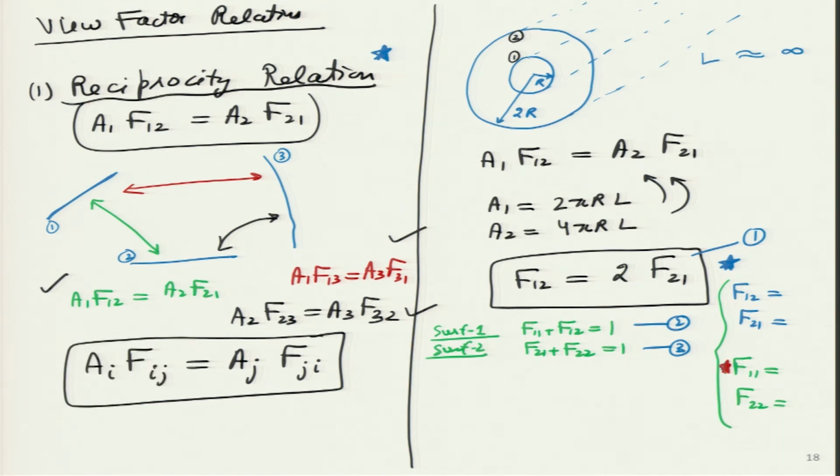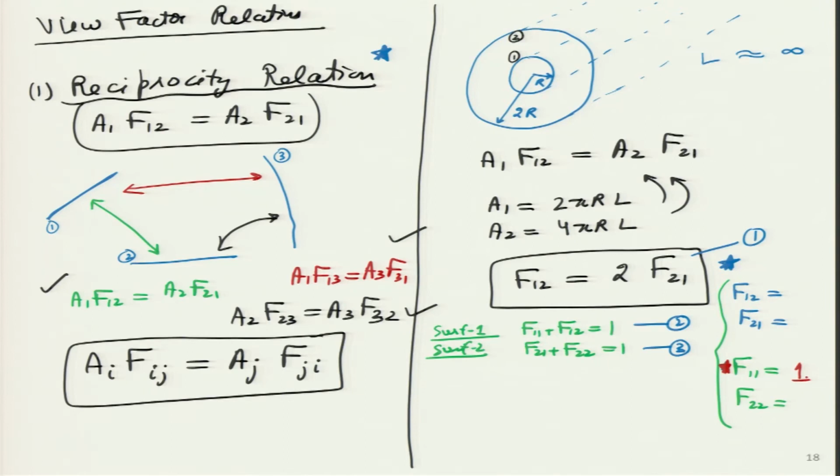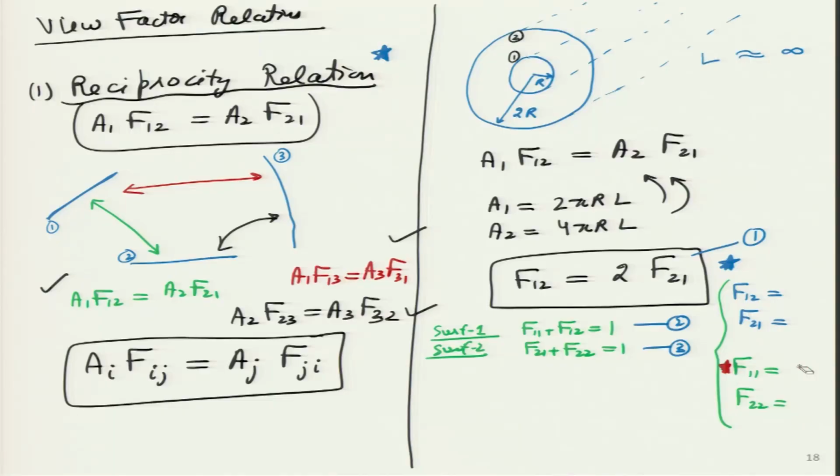If I ask the student where the red star is, this is F11. What is the value of F11? What is the value of the inner pipe F11? I think we can write it is 1. Directly I can write it is 1. Why? Because there is no radiation which is leaving surface 1 and then striking it back again. Sorry, so this is 0. Then I made a mistake. Sorry, I take it back. F11, sorry about that. F11 is actually 0 because none of the radiation which is leaving surface 1 comes back to strike it. So, it was not 1, it is 0.